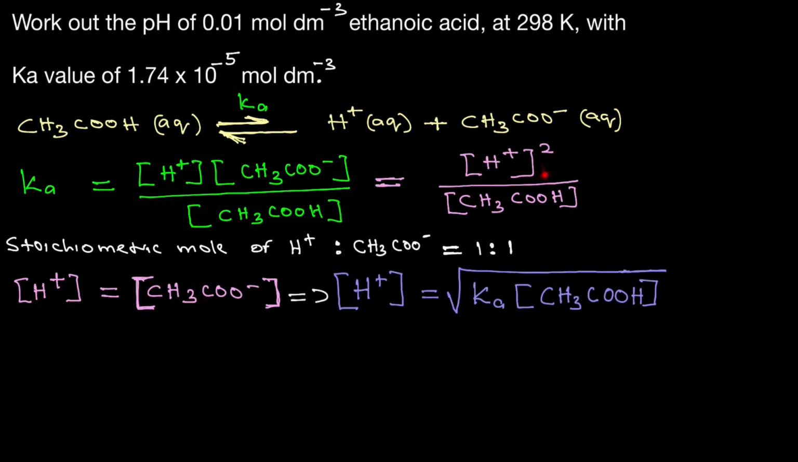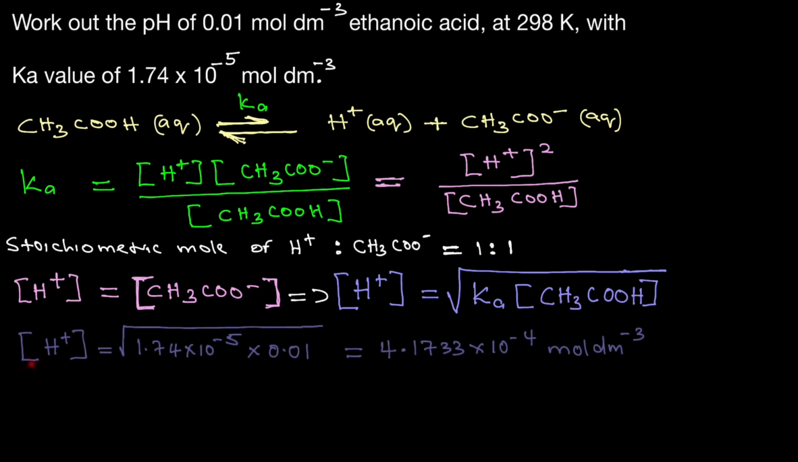To get the concentration of H plus, I multiply both sides of this equation by the concentration of the acid, and then you get Ka times the concentration of acid, and then I square root both sides to get the concentration of H plus. So H plus now equals root Ka times the concentration of the acid. Now I need to plug in the value of Ka and the concentration of acid, which is 1.74 times 10 to the power minus 5 times 0.01, and that gives